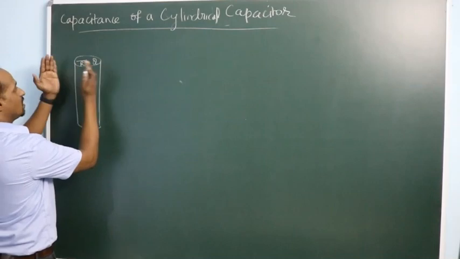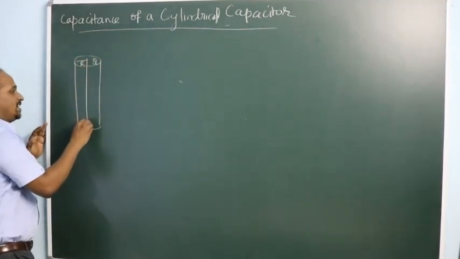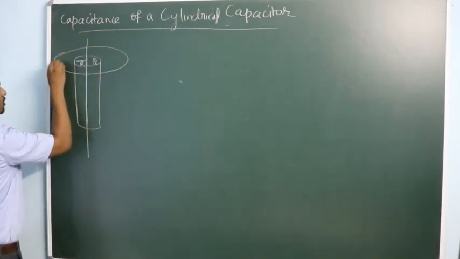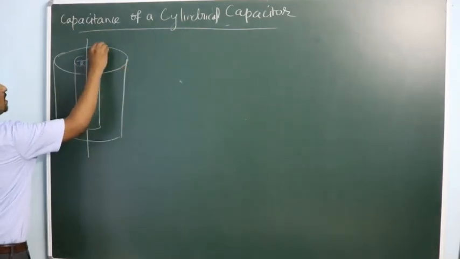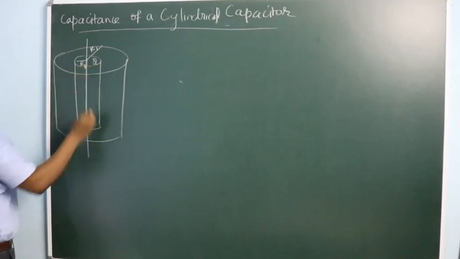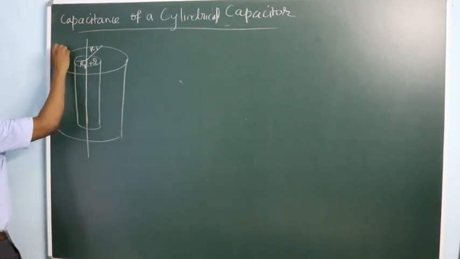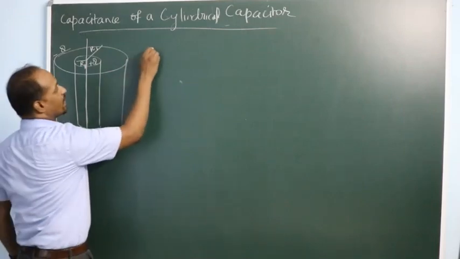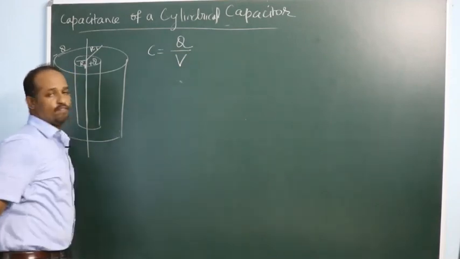the cylinder. All the charge will lie at the surface and it behaves as if all the charges are concentrated at the center, which means it's like a line of charge. And there is an outer cylinder of radius R2, inner cylinder of radius R1, and a charge plus Q is given inside and there is a charge minus Q on the surface of the outer cylinder. Then the capacitance of a capacitor is the ratio of charge to potential difference V.